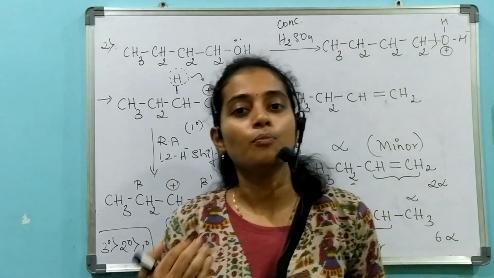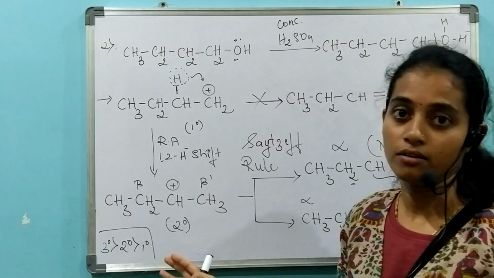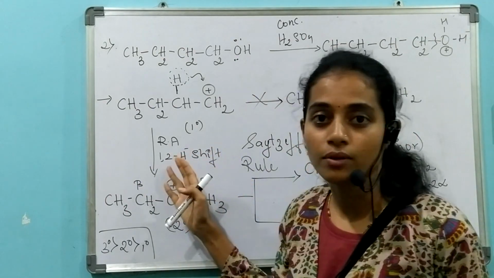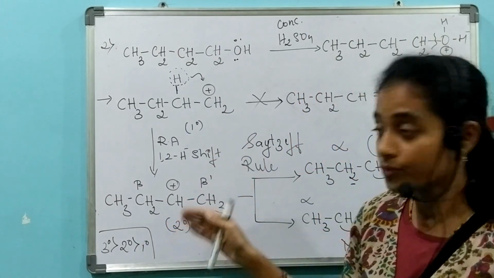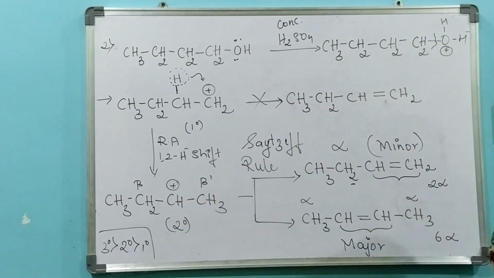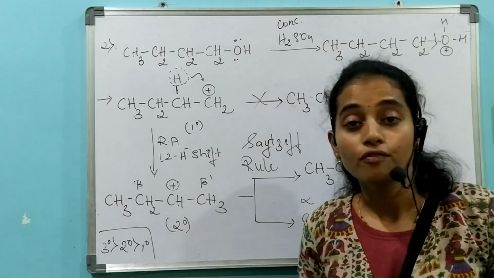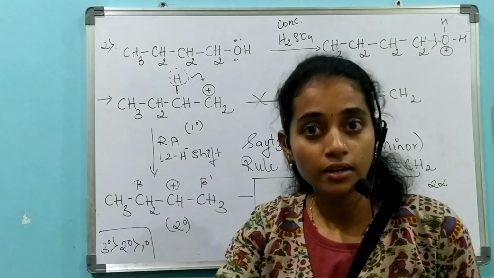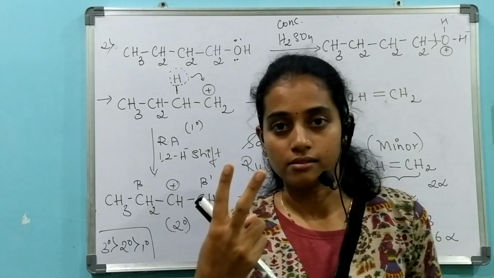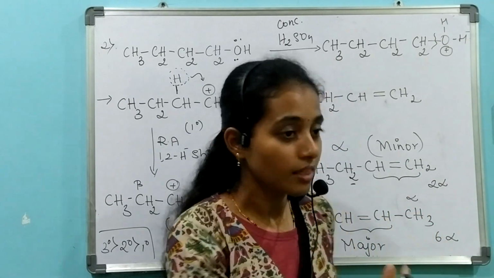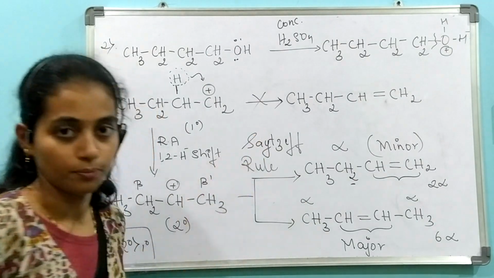And if you have any possibility of doing rearrangement, then go for rearrangement, because you will convert your less stable carbocation to a more stable carbocation. Therefore, you end up getting the more stable alkene. Our intention is preparation of alkene. If you have any option to prepare a more stable alkene, then go for rearrangement. If you are getting two alkenes at the end of the reaction, then decide which is major and which is minor by following the Saytzeff rule.